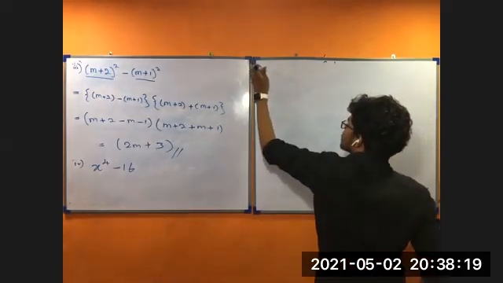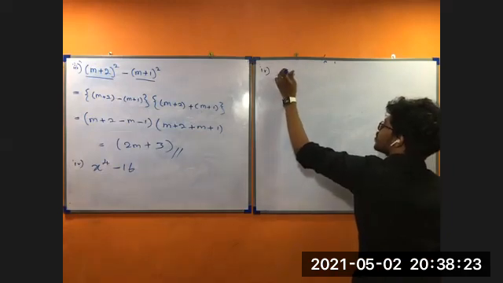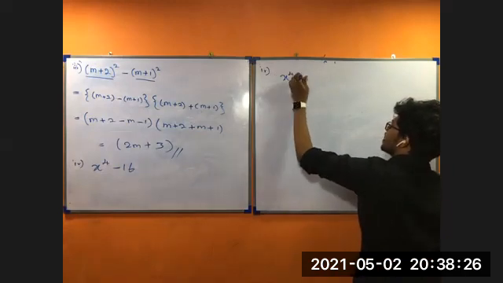Okay, so x to the power 4, right? By using the knowledge of indices, let's write x to the power 4